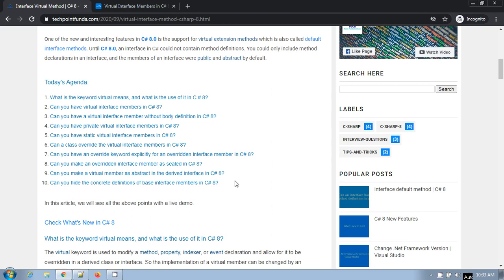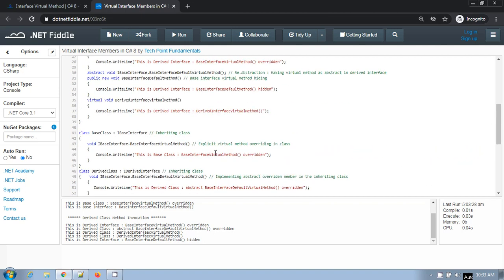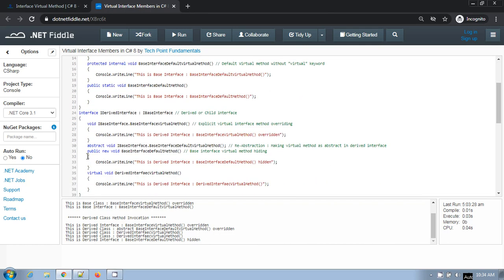Can you hide the concrete definition of a base interface member in C# 8? Yes, you can hide the base interface concrete member, meaning the virtual member definition, in a C# 8 interface. If you are providing the implicit definition to the base interface member, if you see here, I have declared this definition here of the base interface default method.